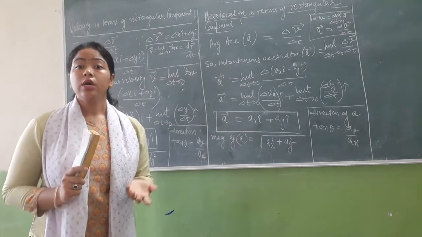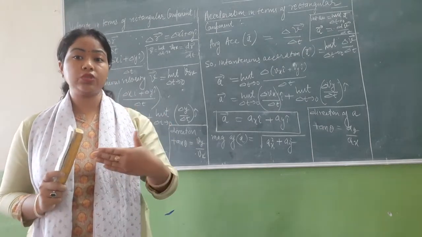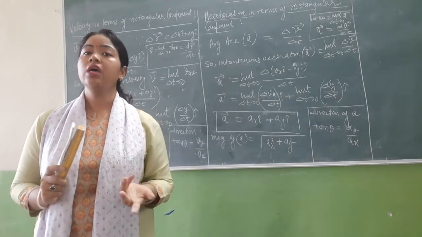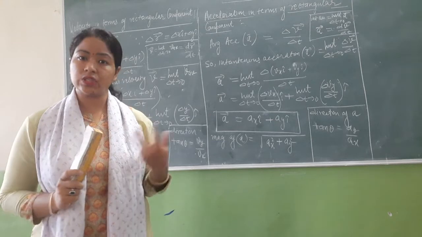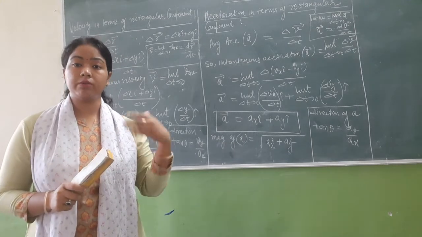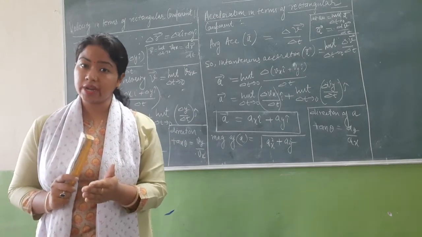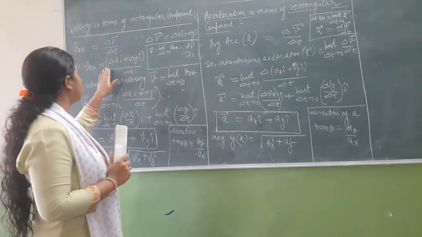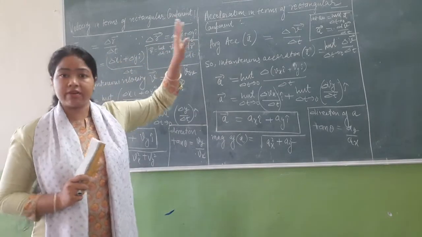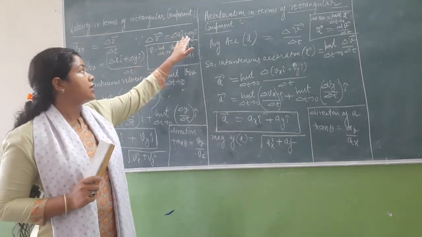Now, if the position vector is given in terms of its components, how will we convert it? Suppose it exists in the xy plane, so the components will be in the form of x and y. In the previous topic we also talked about the rectangular components of the position vector, xi plus yj. Similarly, here we can write delta r as delta x i plus delta y j. We are writing the value delta r in terms of x and y, so we can write delta x i plus delta y j.